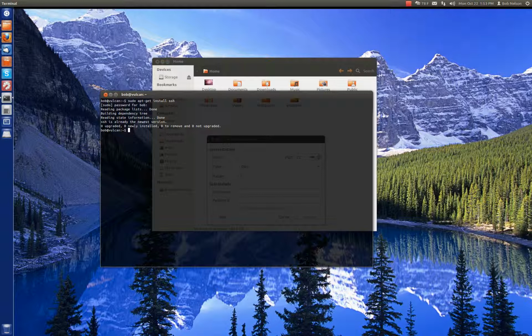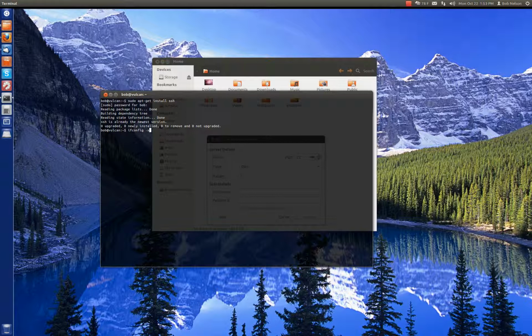Another thing you're going to have to determine is the IP address of the computer you wish to connect to. This tutorial applies basically when you want to connect to a machine on your own LAN. If you have your machines hooked up to a router, your router is going to assign IP addresses, or you're going to create static IP addresses for each machine. The way to determine the IP address of a Unix or Linux machine is you go to the same command prompt and you type